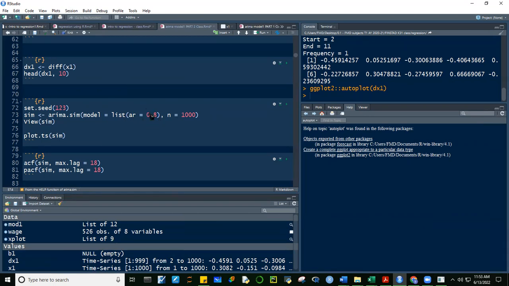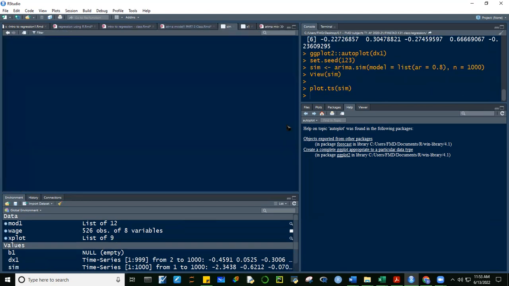So this is just the first one, yung lag 1 lang. So we are generating a data set which when we model it, we can just use the first lag of the data series itself to model our data. Okay, so let's run this. Tapos i-plot na rin natin.